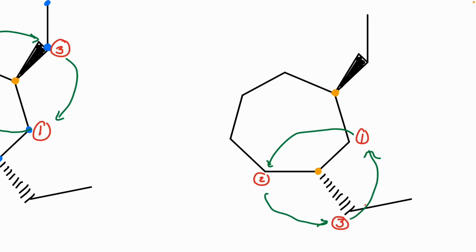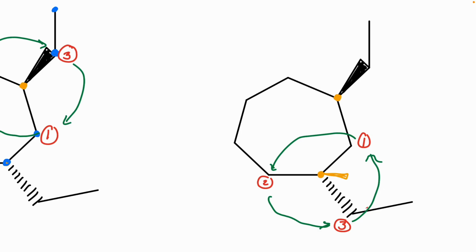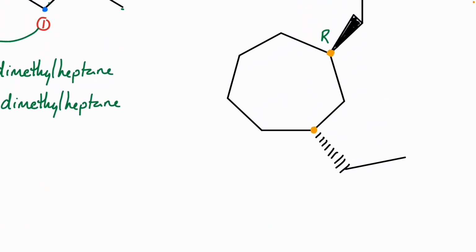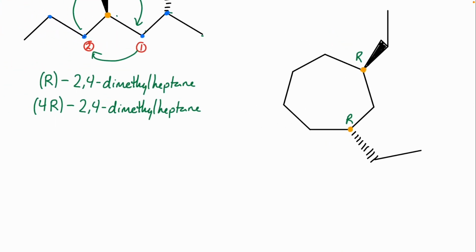I'm going in the counterclockwise direction, but what does counterclockwise mean for this particular bond? Also R, because now my hydrogen is on a wedge, so I have to reverse my rules. So both of these are R. Now we actually have to include the numbering in our name as well. This would be 1R, 3R,